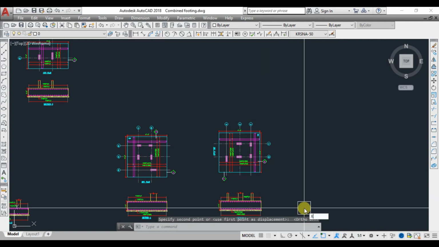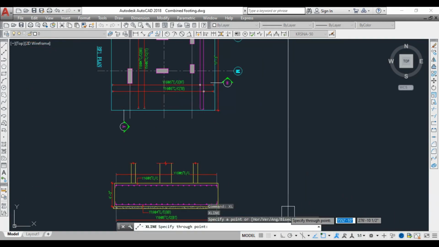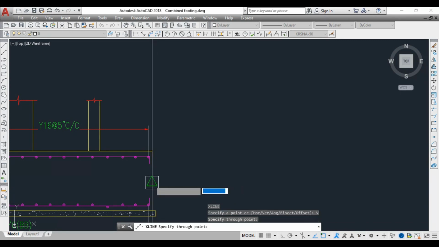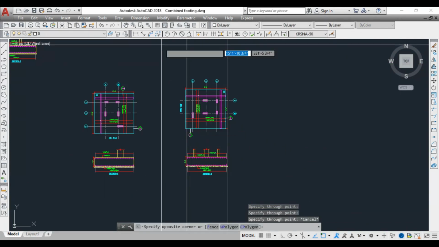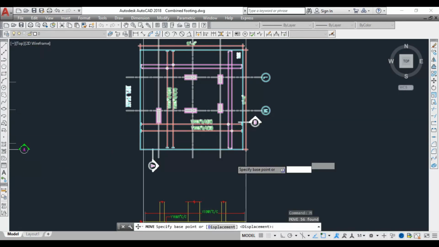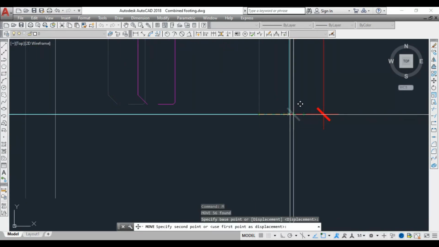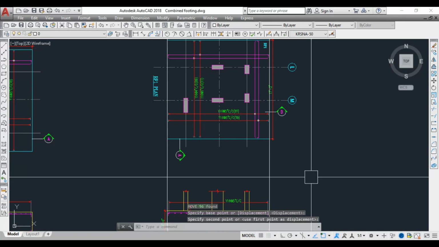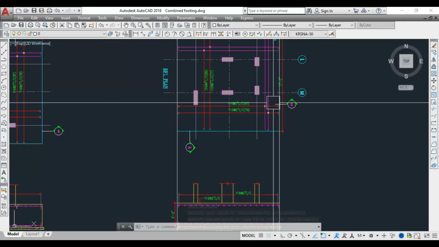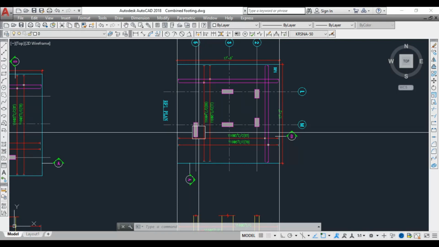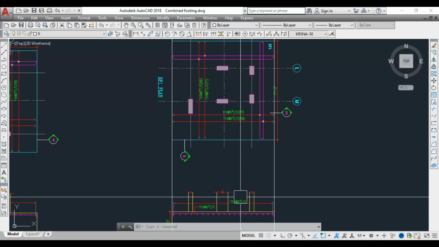Let's draw the X line now, vertical. Let's move a little bit. Yeah. Now you can see section B we are cutting here, so that we'll be having this column and this column and this column. Three columns are shown.